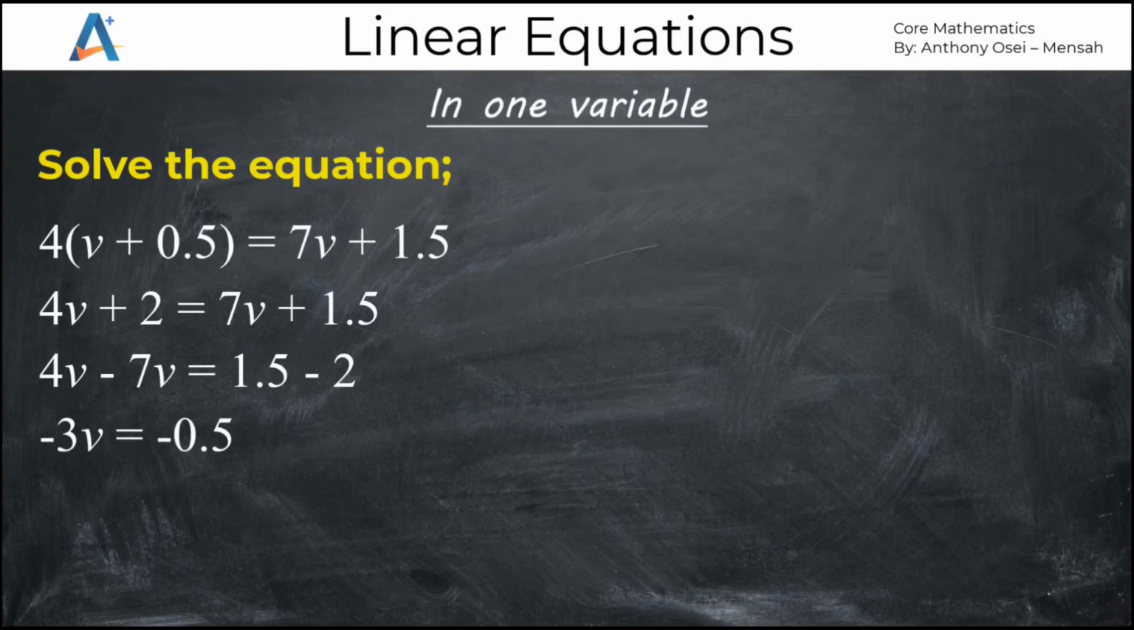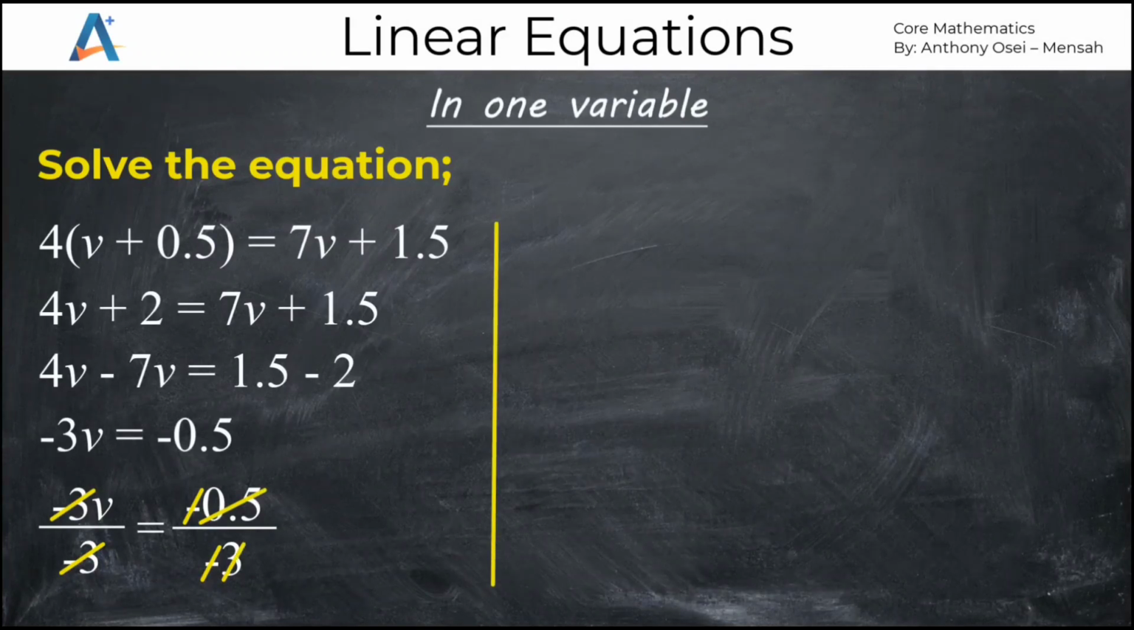Now let's get the value of v. We have minus 3v is equal to minus 0.5. We divide here by minus 3 since that is the coefficient of the v, so that v can be alone. We go ahead and cancel the negative with the negative, so negatives neutralize each other. Now 3 will cancel down here, 1, 3 will go here, so remaining with v. Now over here we have minus 0.5 divided by minus 3. Of course the negatives will neutralize. Then 0.5 itself divided by 3 should give you